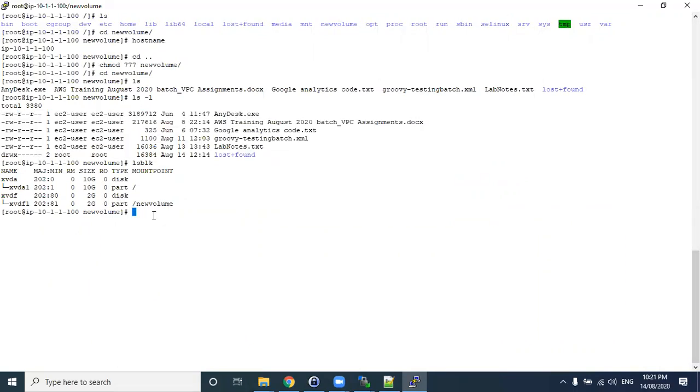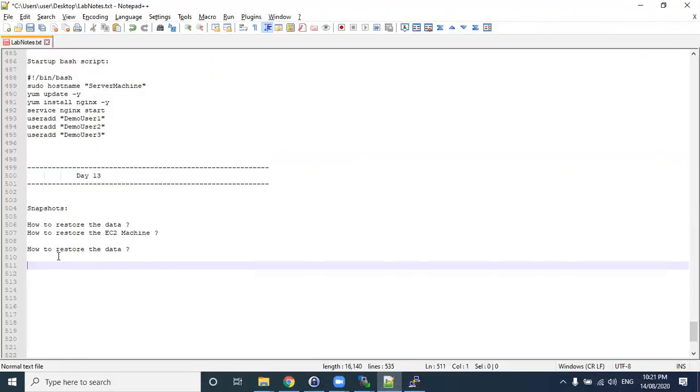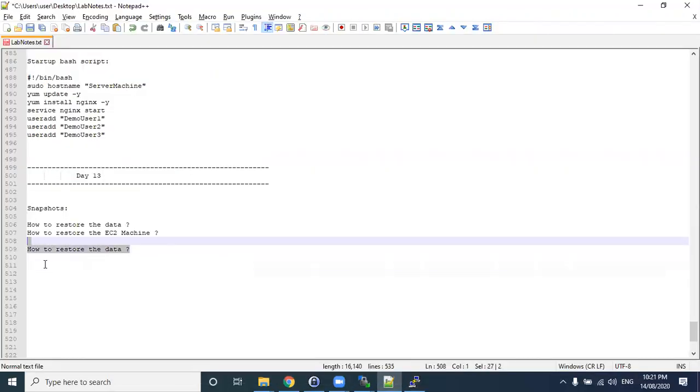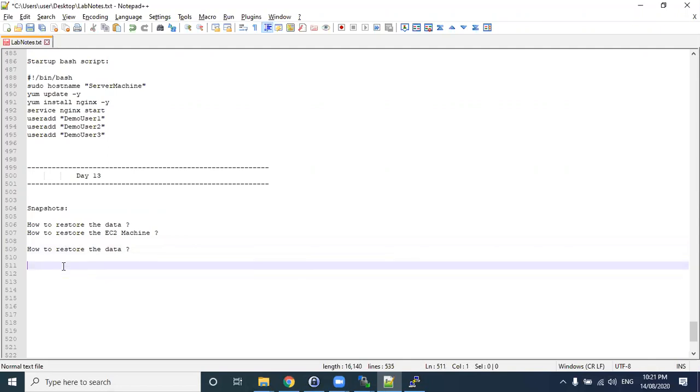Now let us do one thing. So go to the notebook. What we are going to do, how we are going to do this one. So first step is create a volume, and mount with a new folder. Let's say new volume.